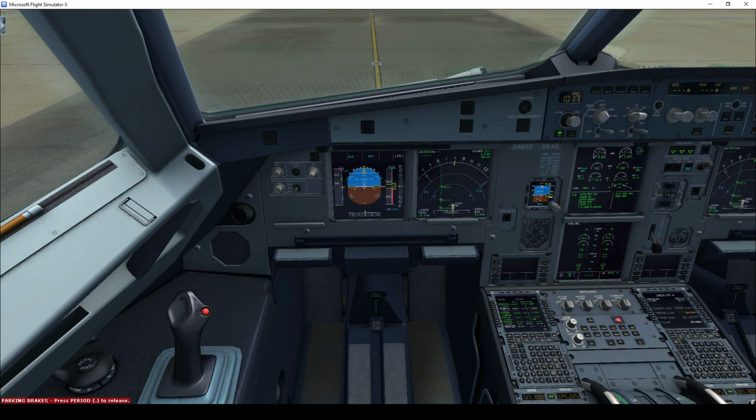Okay, so it's time for us to leave now. So, requesting taxi. So I'm moving over to the ground chart here that allows me to see quite the very small bit of the airport, actually,